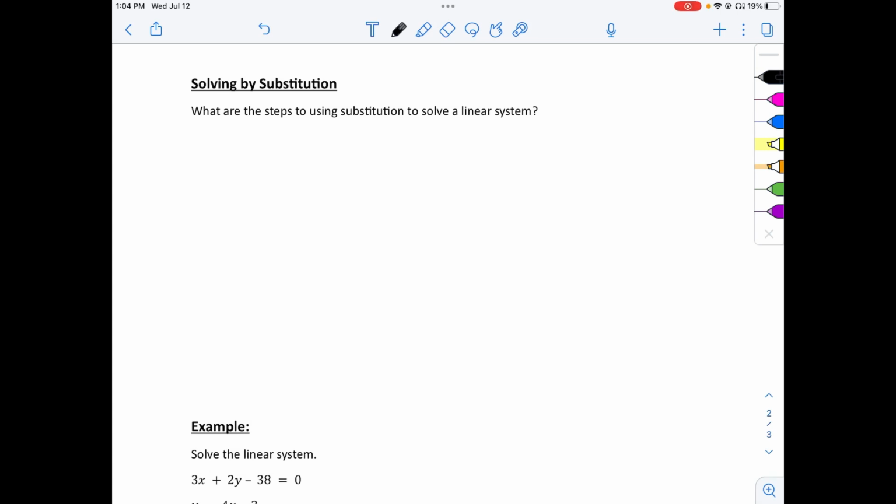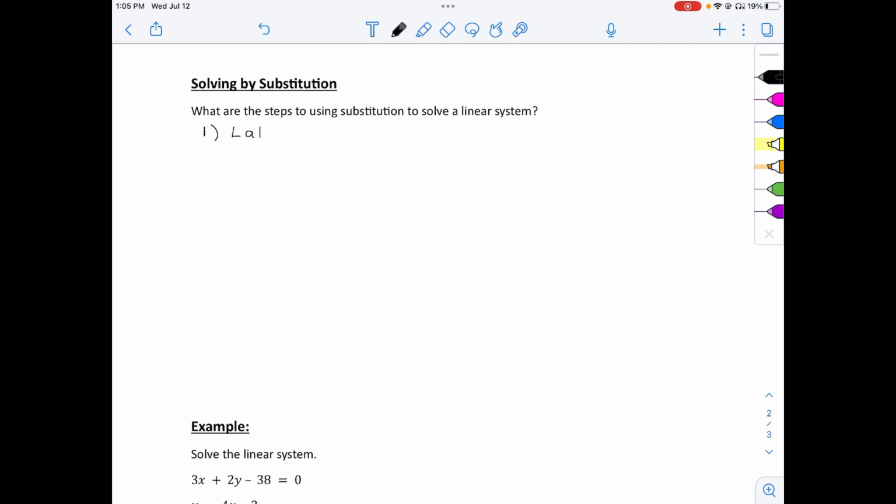Solving by graphing is obviously a bit tedious because you have to draw out a graph for every question. So we can also solve linear systems algebraically, and this is the first of two methods to solve, which is called substitution. First I will outline the steps to using substitution and then show an example of how we can use it. This will allow you to solve linear systems algebraically, which is a lot quicker and more efficient than graphing. So the first step is you want to label your equations.